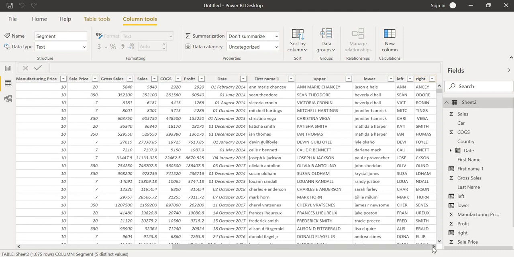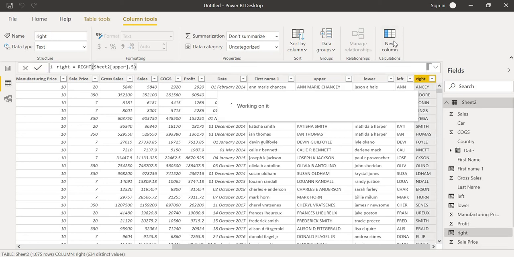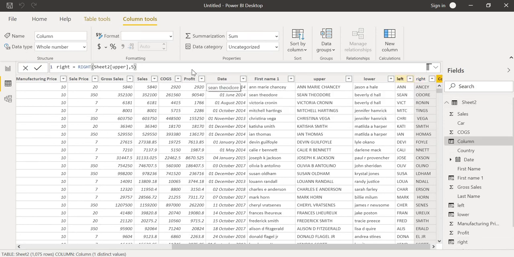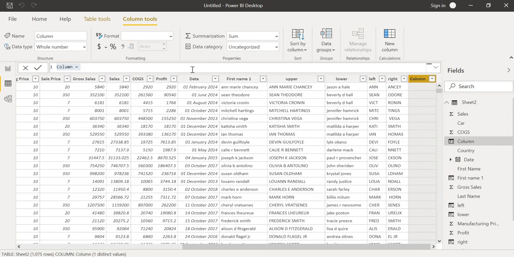Next, I want to explain the middle information. This is the middle characters information I want. I'm taking one new column here. I want middle information, middle characters only. Mid.